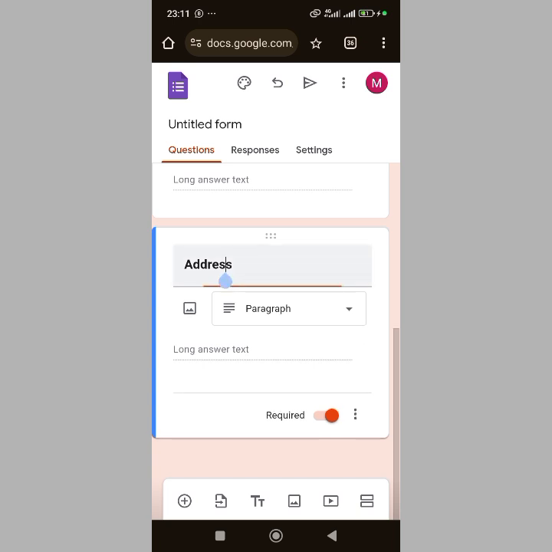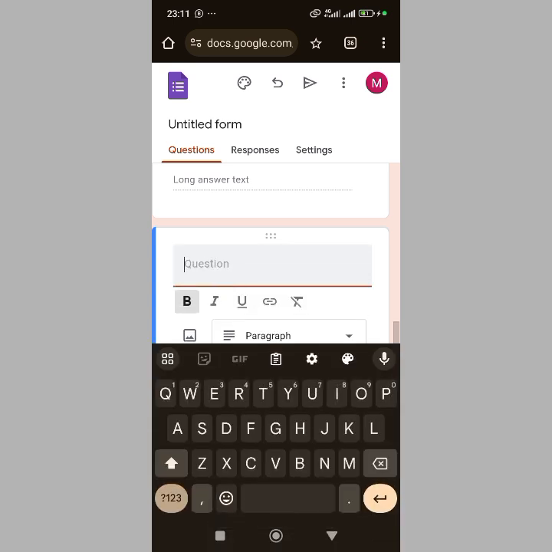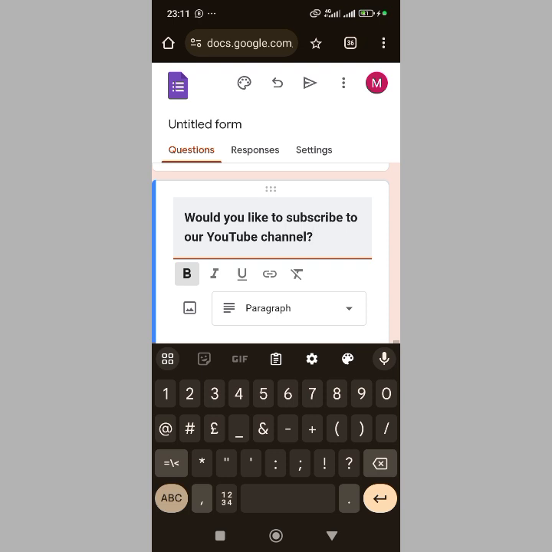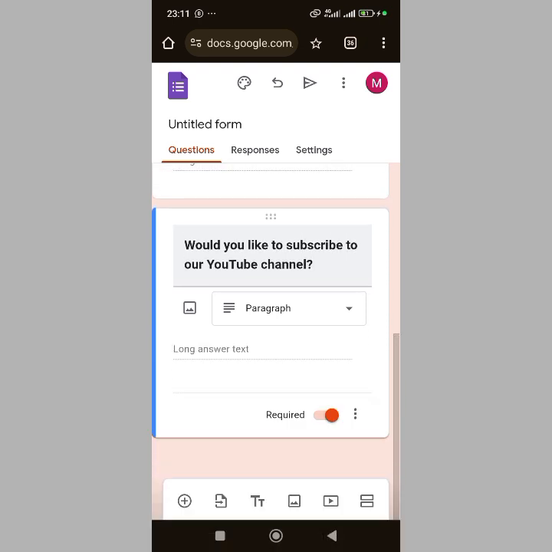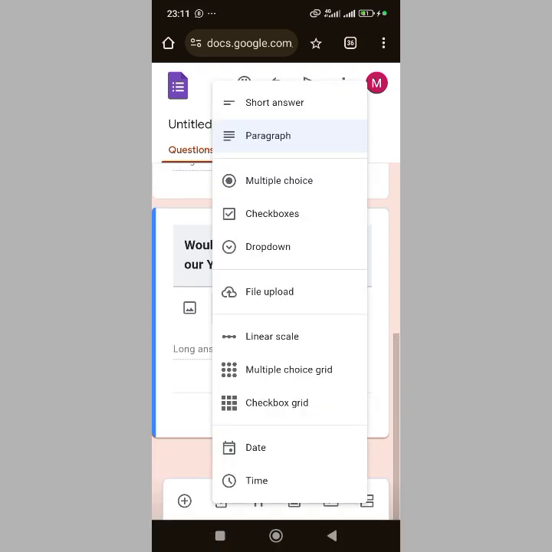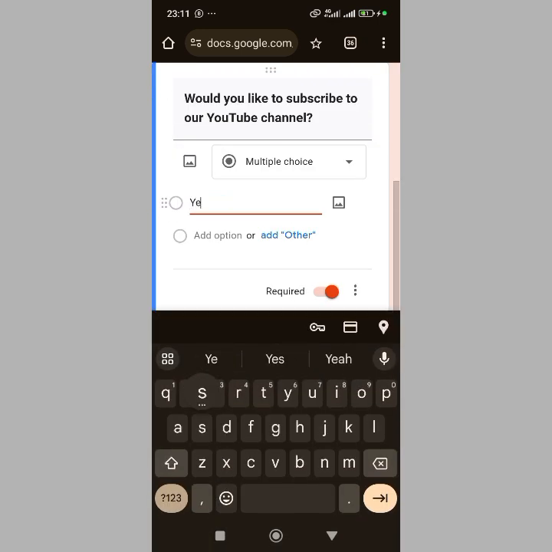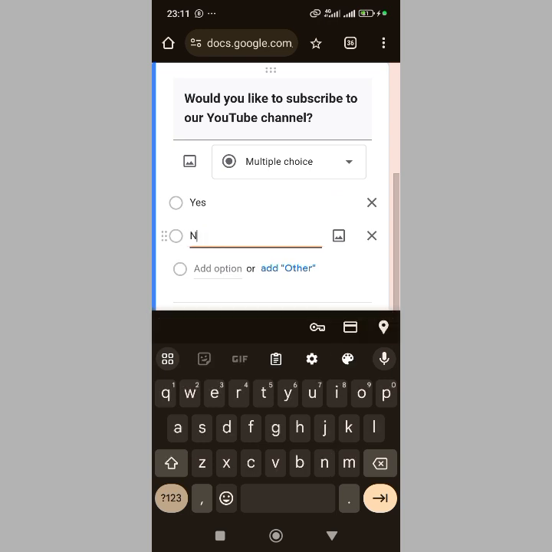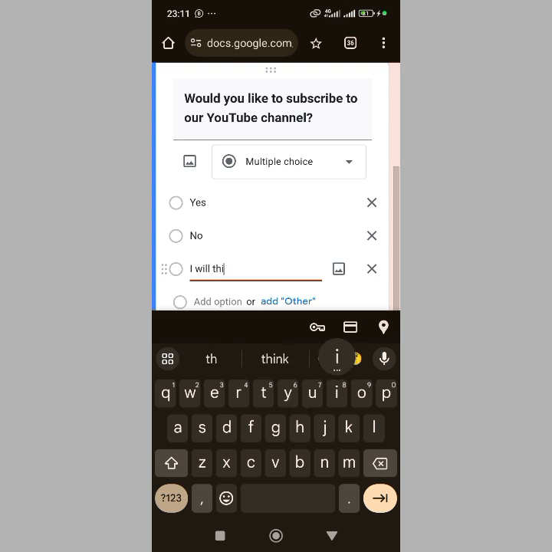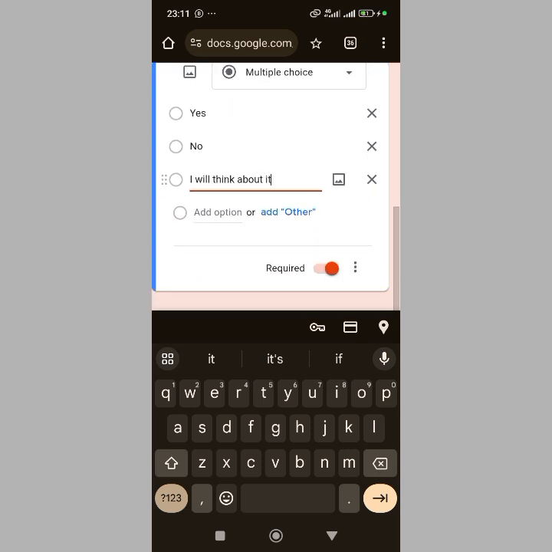Instead of short answer, this one is a question of yes and no, though they can still pick, right? So I come to paragraph here and click on it, you see we have multi-choice, we have check boxes, we have drop down. Now if we click on multi-choice, then we can pick answer yes, no. We can add another one, I would think about it. Don't forget you can add image. This thing that looks like image, you can add image. So once you are done with that one,